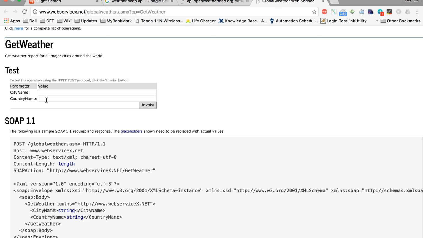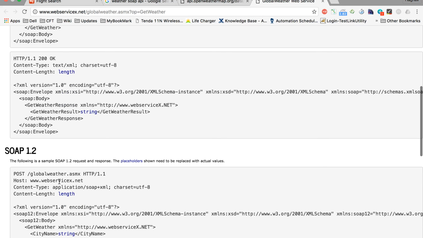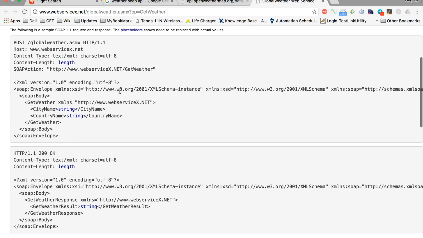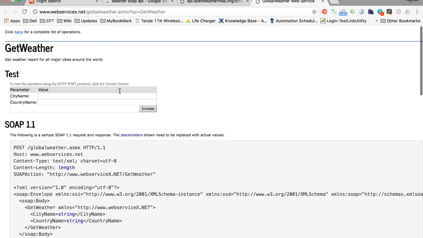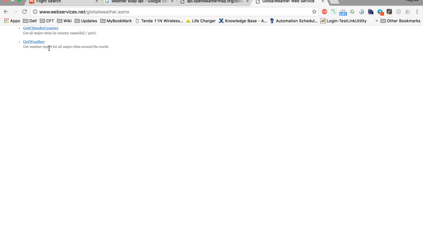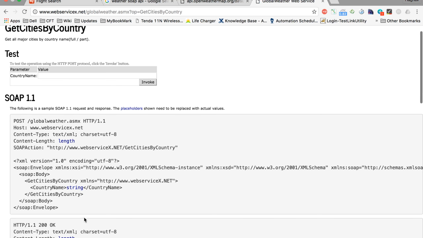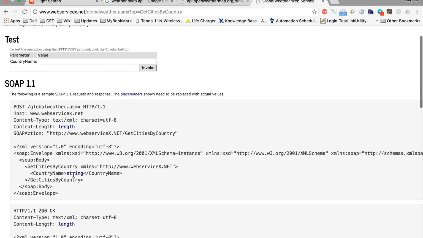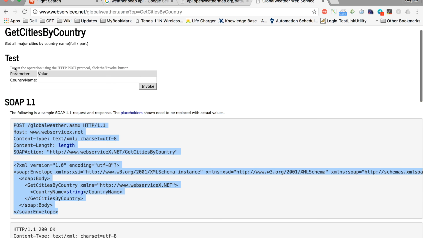Okay, yes, they have their SOAP APIs here. Okay, they have get cities by country. So let me go to this particular API, get cities by country. This is an API where we can give the country name and it will fetch all the cities of that country. Okay, so let us use this particular API to test.